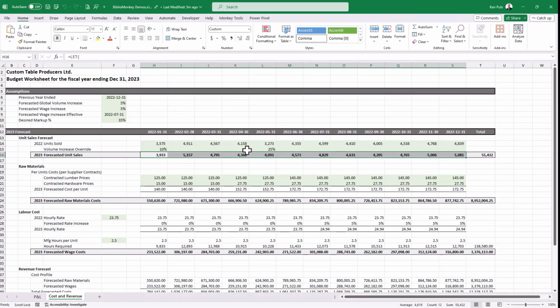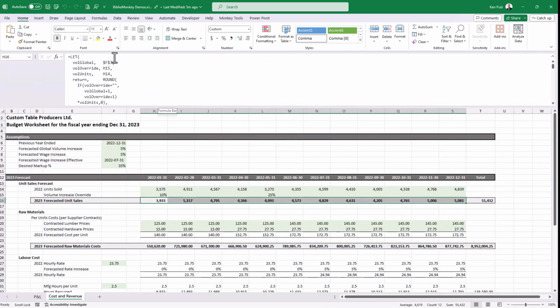What did it put in place? Well, it put in the signature that I built with the smart replacements. And if I go and take a look at this, you can see that it's actually gone and built me a nice big let statement with a bunch of variables and returns involved in place in order to get the formula that I wanted. So how did I actually build this the first time? Well, it's a great question. I built it manually, copied this, and took it into BiblioMonkey, and then did the replacement tagging for each of the components. And I'll show you what this looks like in just a minute.